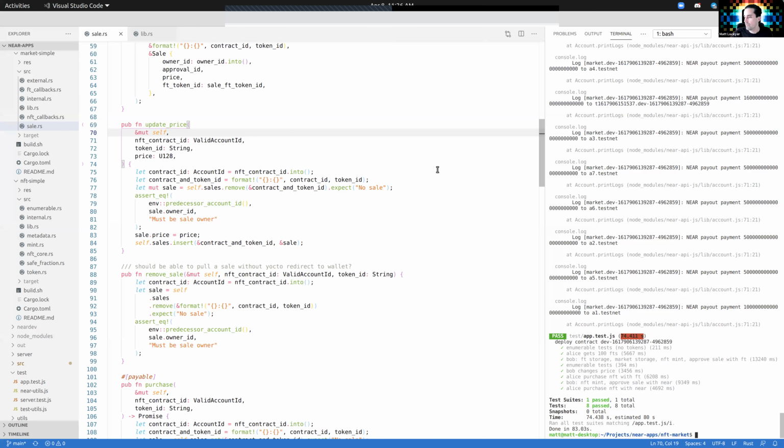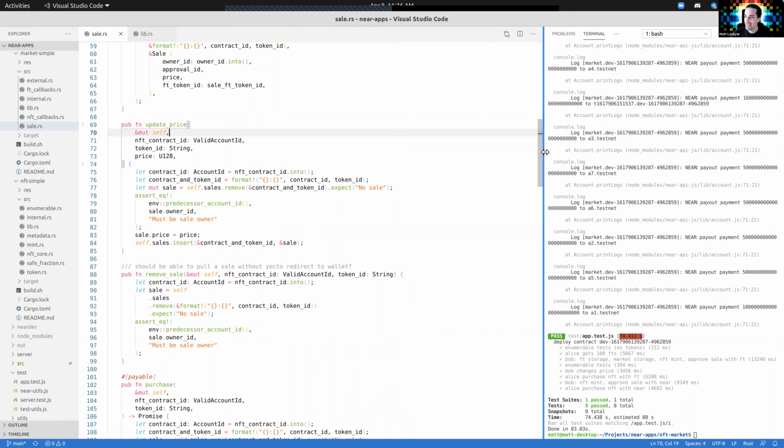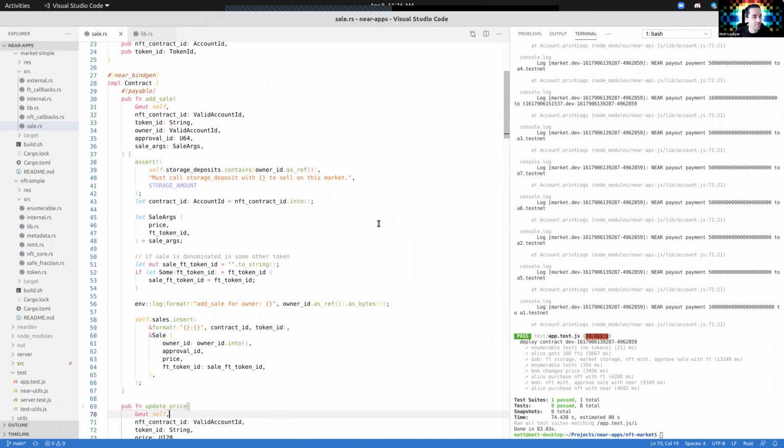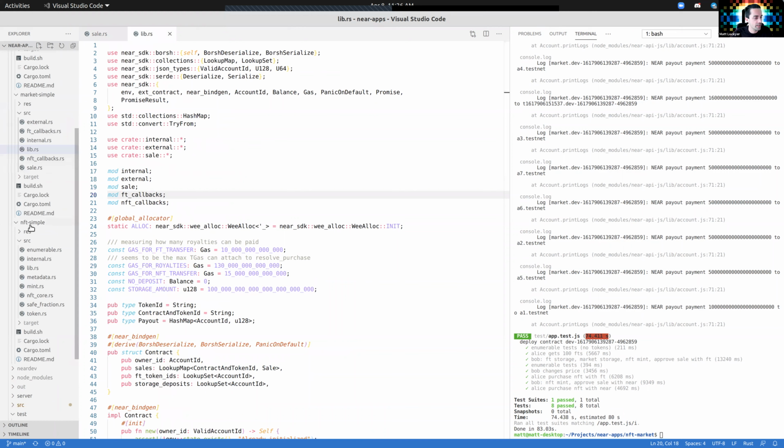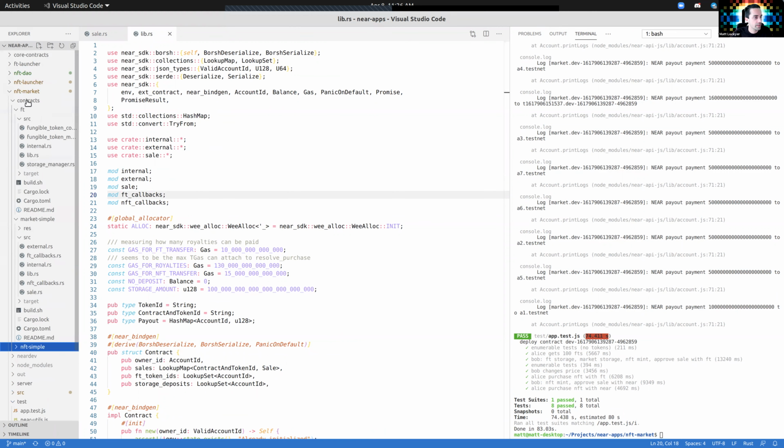We've also got Vadim and Trevor here to make sure I don't do anything stupid. All right, so I've reorganized the market simple contract, but